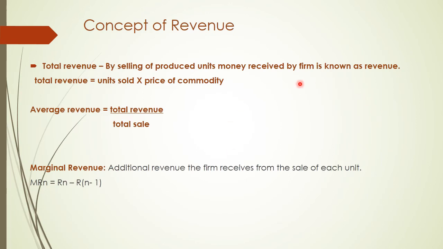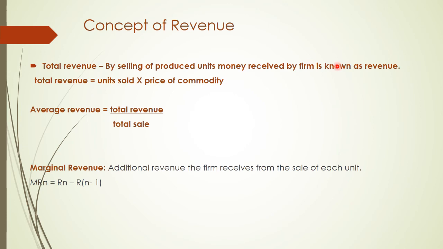Now, the concept of revenue. Whatever discussion we did so far, what is it for? It is because of revenue. What we will earn, how much we will earn, how we can increase our profit, right? A producer always thinks about and decides all these things. So here the concept of revenue is a very important point.